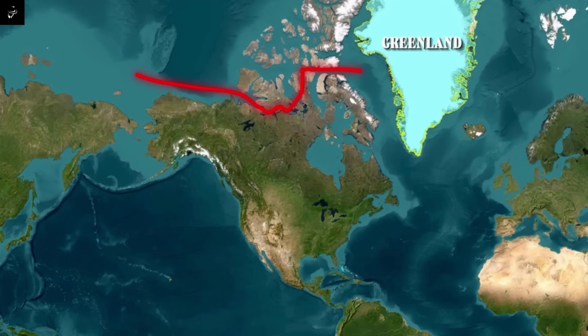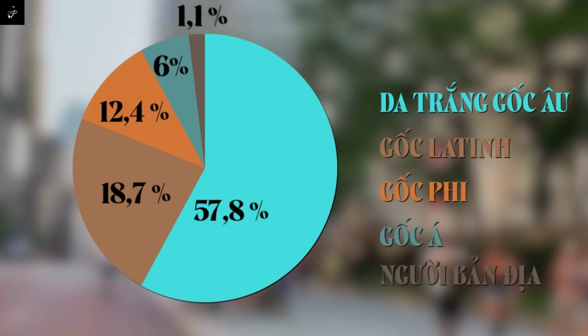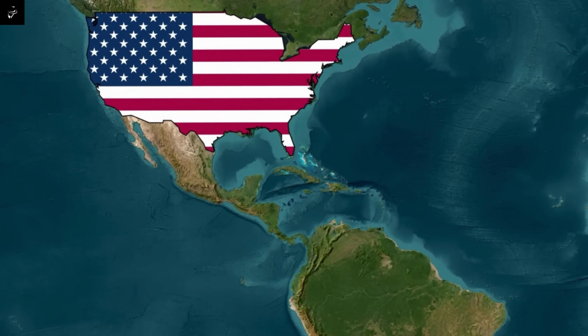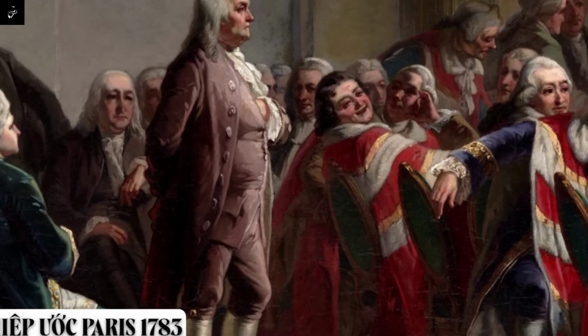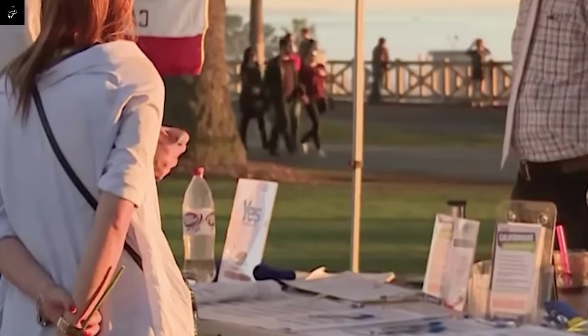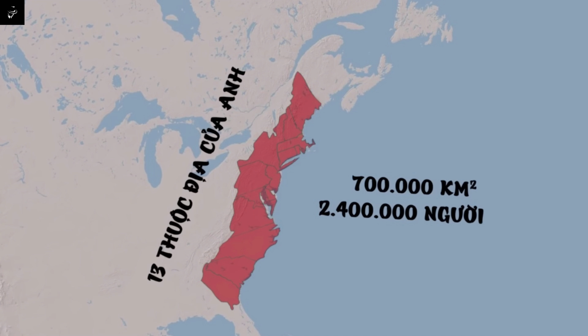This event not only marks humanity's discovery of another new continent, it also paved the way for European colonialism to sweep in, leading to centuries of exploitation and domination here. A prime example is the British Empire. They have been present in this place since 1607 and continued for over a century afterward. The British used military force to seize many colonies in the region. Among these, we cannot overlook the eastern region of what is now the United States. Later, this land became known as the 13 British colonies in North America, located along the Atlantic coast.